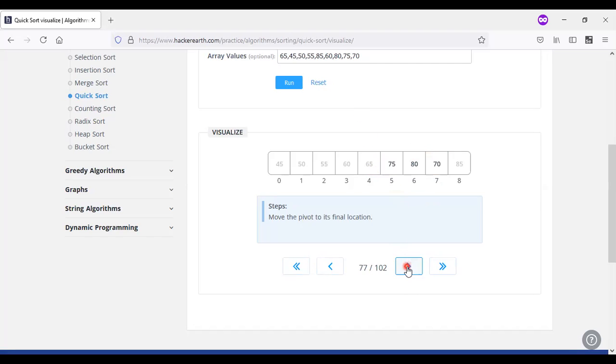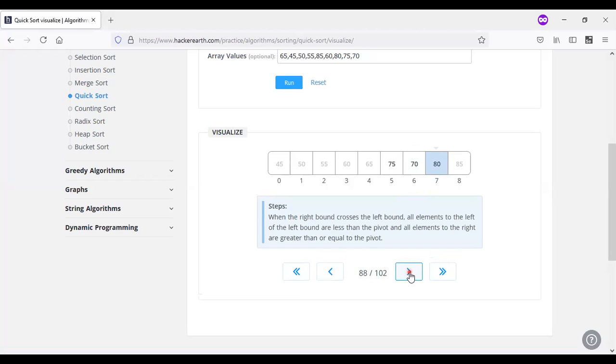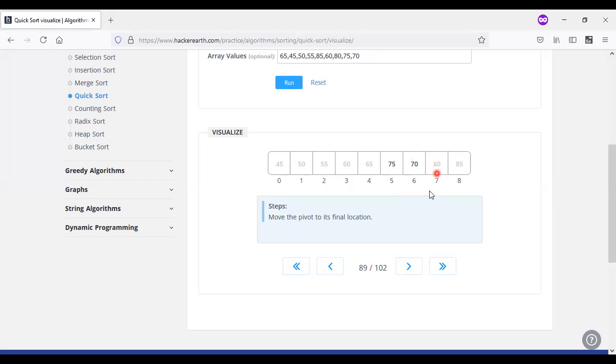And coming to this one, we are having 75, 80 and 70 as a right sublist. In this right sublist, we take one pivot element, which is 80, and place it at the end of that one. Okay. And the comparison has to be done here. With this comparison, the partitioning has to be done. So left bound, right bound, we need to see. The values we have chosen here are less than 80. Then it will be created as a left sublist for processing. This is the left sublist which has been created.